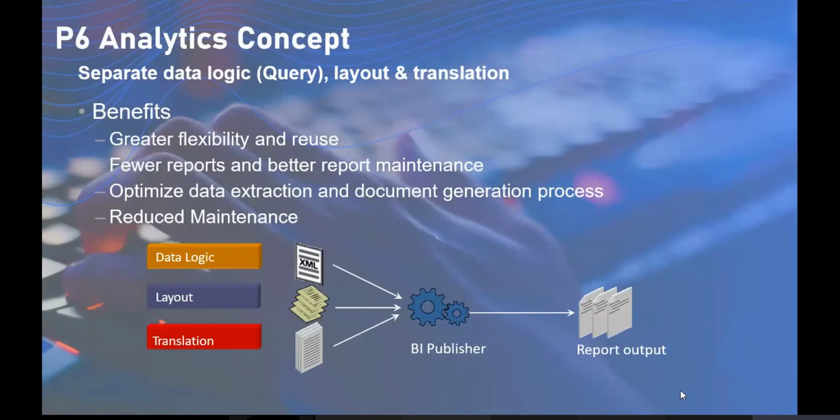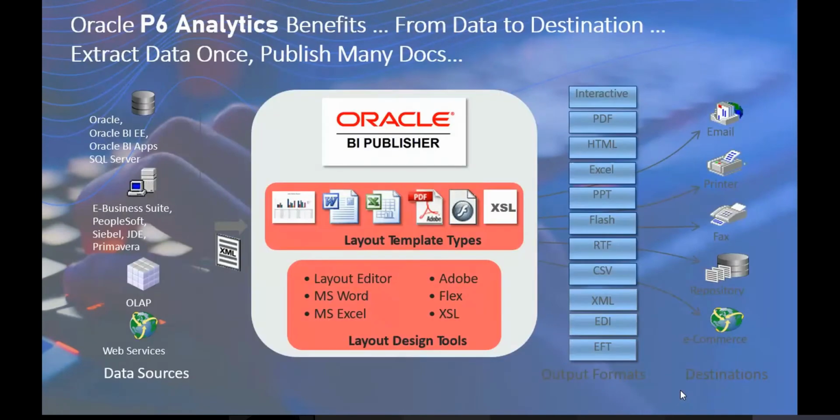So how this works: first we need to create the templates in the backend, and once the templates have been created, you can run the template for any project, and the report will be generated. This is how the process works using BI Publisher, and the output will be generated in the formats mentioned here. The output may be generated as a file, or you can send it directly by email. Suppose it is a purchase order or vendor payment advice, you can send it directly in the mail.